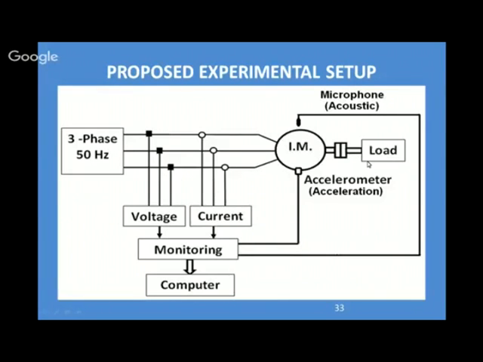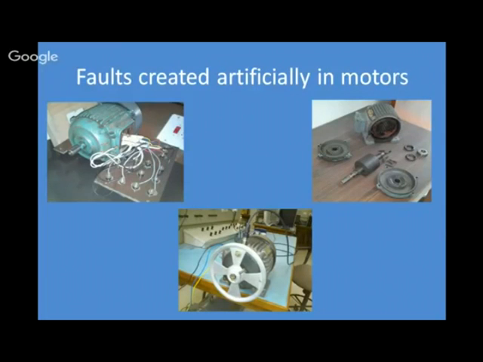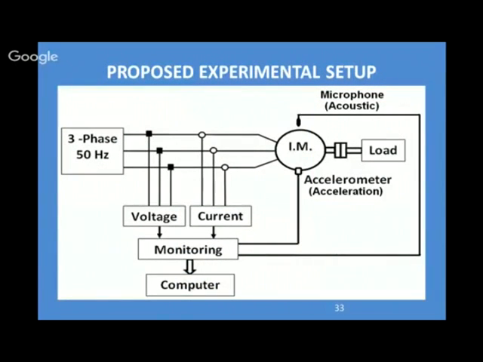So in this we can vary the load as a parameter. We can have motor run at full load, half the load, or no load. So depending on that, we will also have several factors for our monitoring or analysis purpose. So basically, what is the idea behind this experimental setup? We will first have a motor in the fully intact state, that is no fault will be in the motor. Then we will acquire all the signals from this motor and have a particular pattern that is being shown by this